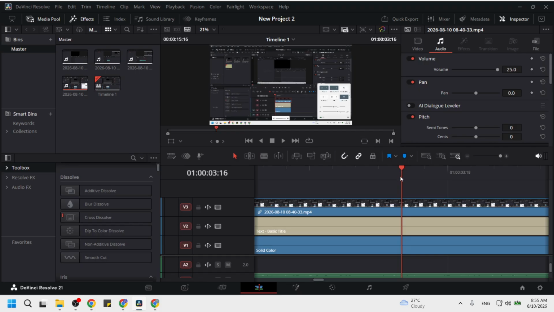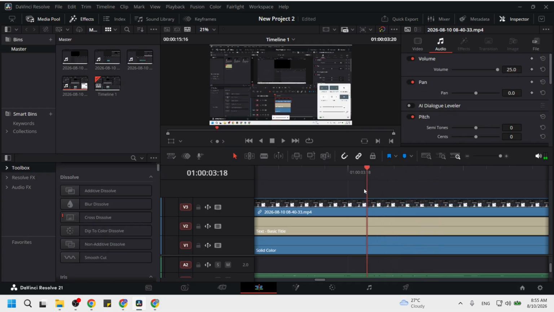Next, scrub through your timeline and position the playhead precisely on the exact frame you want to use for your thumbnail. You can drag the playhead bar left and right, or hover your mouse over a clip and scroll. Use the spacebar to play and pause so you can land on a moment with a clear face, readable text, or strong action. Zoom into the timeline if you need finer control, then move the playhead 1 or 2 frames at a time until the preview shows the perfect image you want.